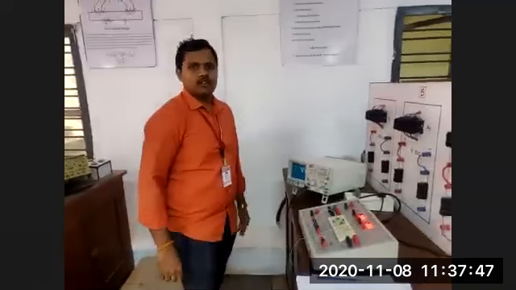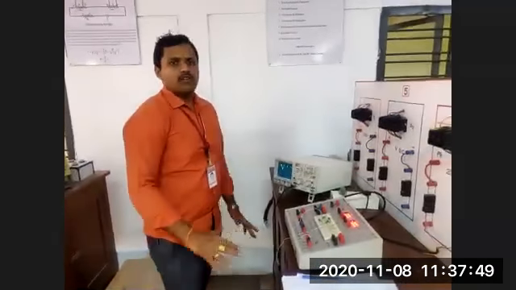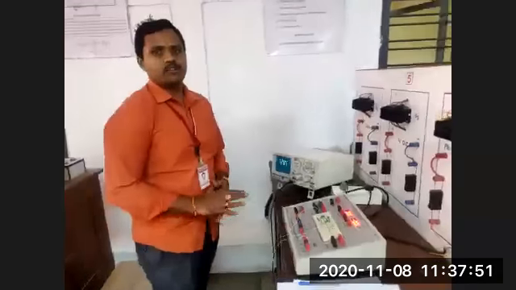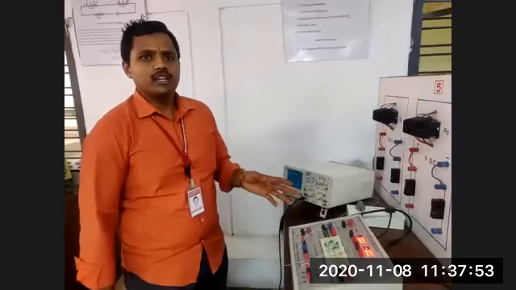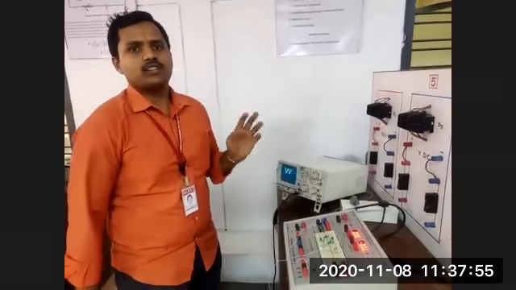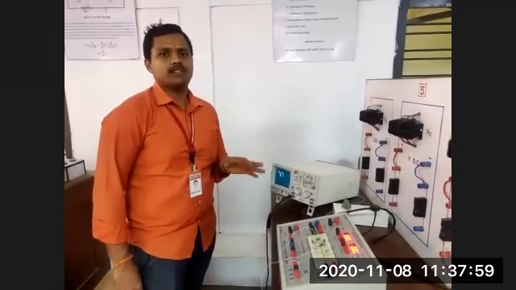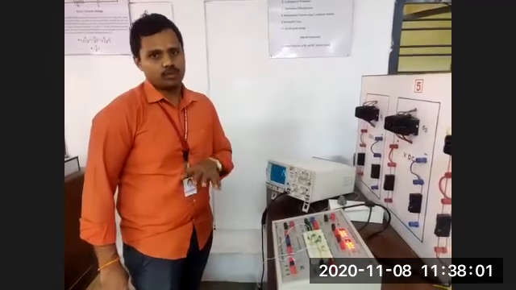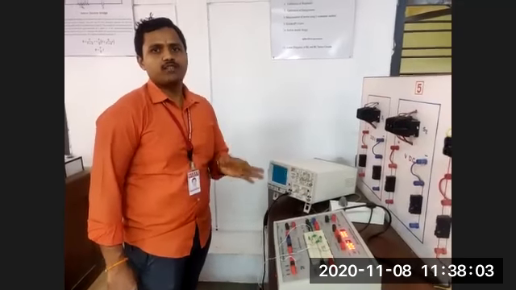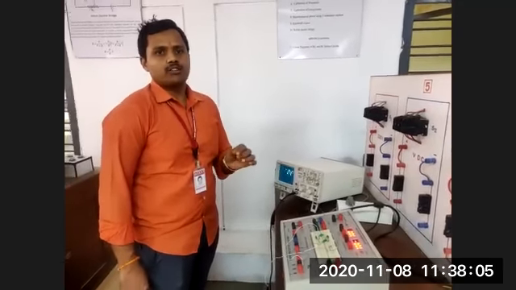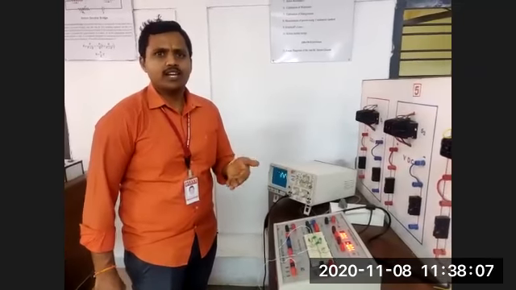Good morning, everyone. Today we will explain what a full wave rectifier is. In the previous class we discussed the half wave rectifier. In half wave rectification, only half of the wave is present in the output, approximately 50%. Only the positive half cycle is reflected in the output, and the negative half cycle is clipped off.